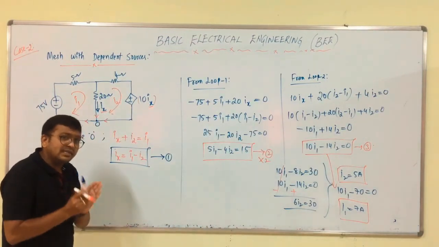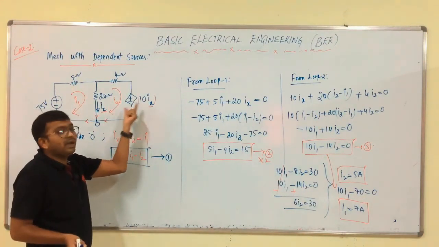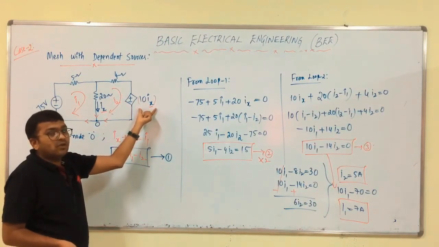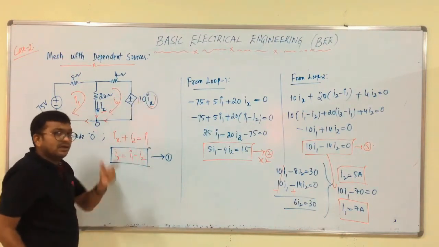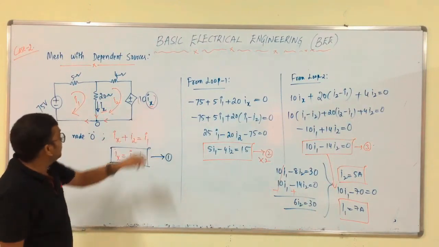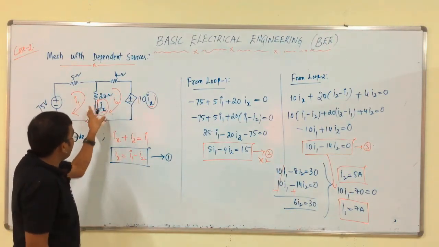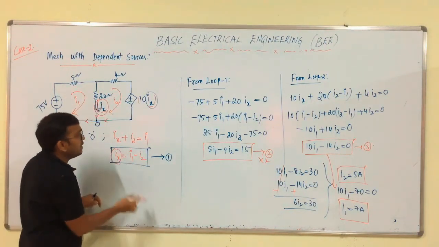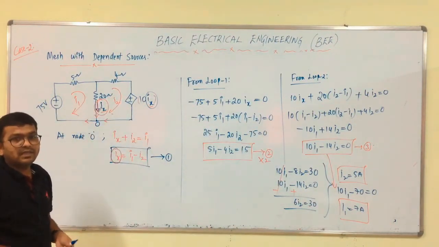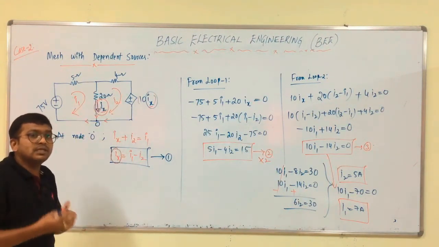So, like this we have to calculate the required answers I1 and I2. Simple. This is a current dependent voltage source, meaning this value is nothing but the voltage value. So, here he mentioned 10 Ix, meaning the examiner should mention the path for the given current direction. That is, we have to look at this, that is 10 Ix through this 20 ohms branch. With respect to this, we have to develop an equation, then substitute this Ix in any of the two loop equations, then solve those two currents. This is the procedure to solve the currents with respect to dependent sources by using mesh analysis.